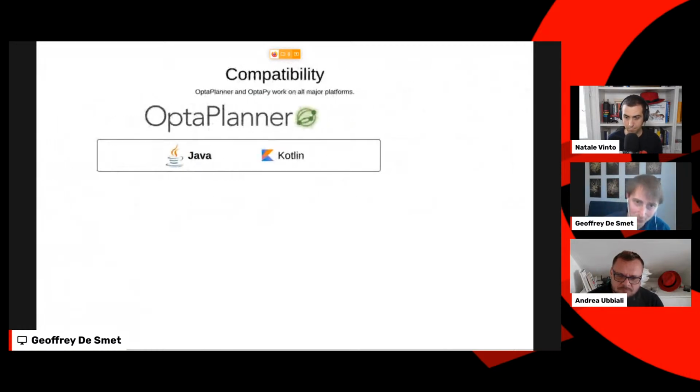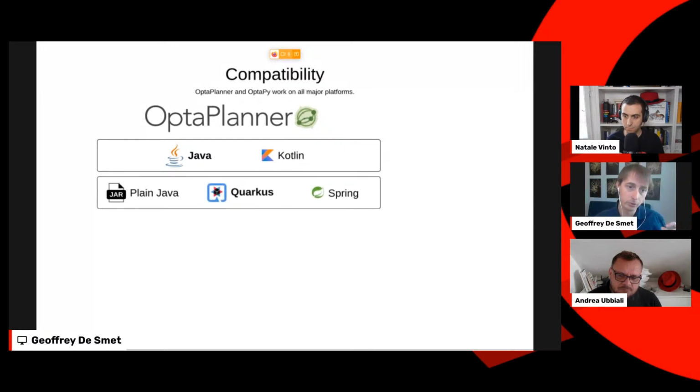Now, one more slide before I get to some use cases, and then some demos. We have on one side, Optaplanner works for Java and Kotlin, but we also have a Python implementation, which I'll talk about in a second. If you use it in Java or Kotlin, you can use it in plain Java, in Quarkus, or in Spring. I'm going to focus today on Quarkus. Why? Quarkus gives us a number of benefits speed-wise, but also developer experience-wise, and I'll show those. It also makes it easier to deploy on OpenShift because it does a lot of the boilerplate stuff for you out of the box.